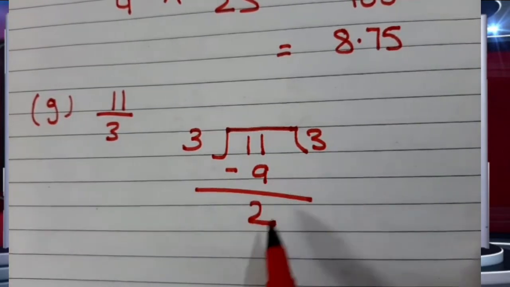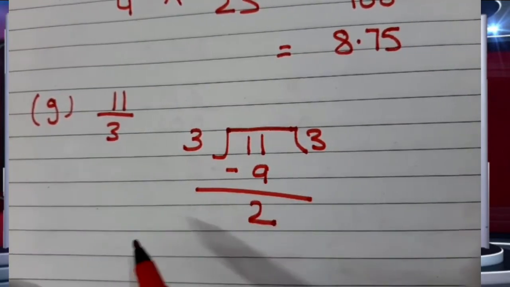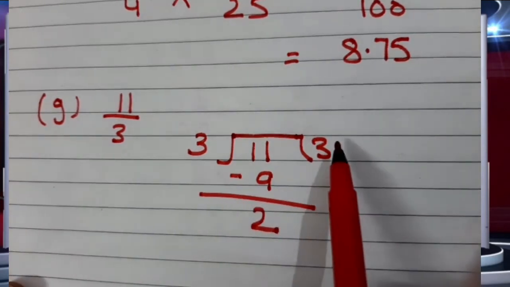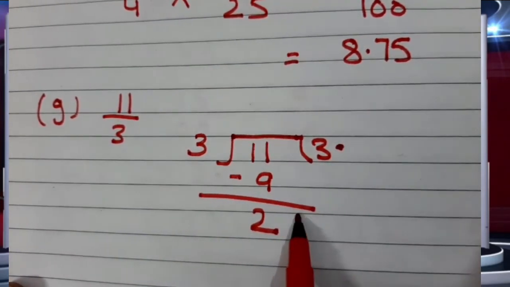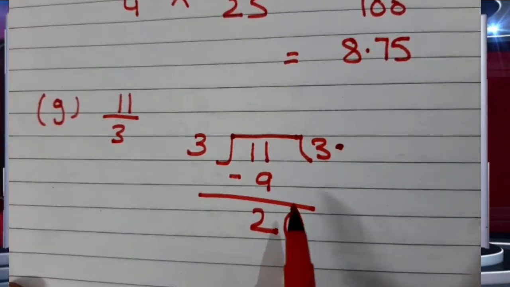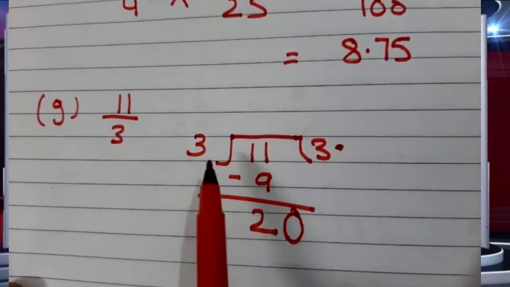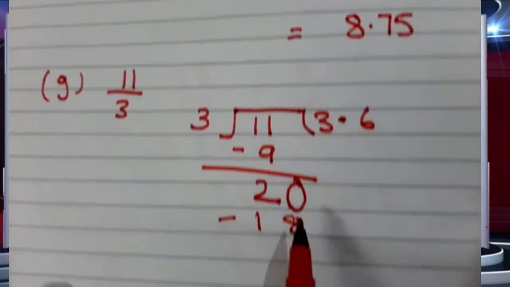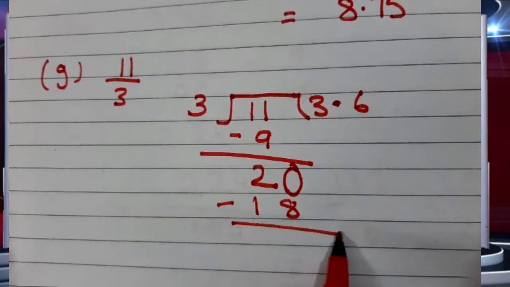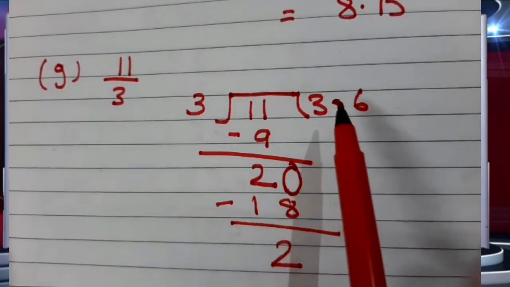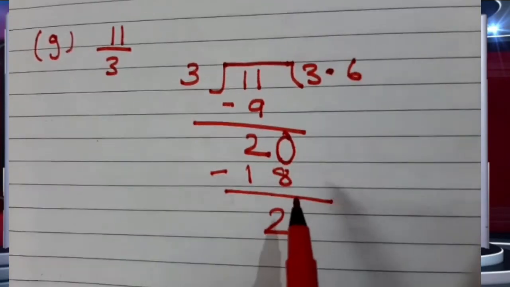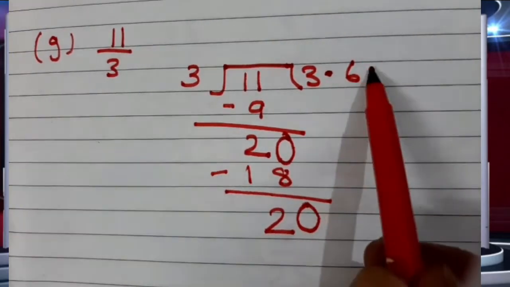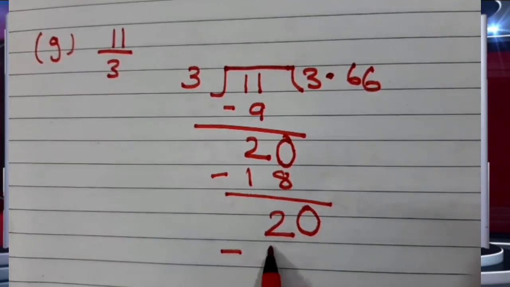Now we do not have to leave it in the fraction form. We have to convert it into decimal. So I will put a decimal here and I will put a 0 here. Now I will again operate it. 3 6s are 18. Now again 10 minus 8 is 2. We have already put one decimal here, so no need to put a decimal again. You will simply copy a 0 here. Again 6, again it is 18.